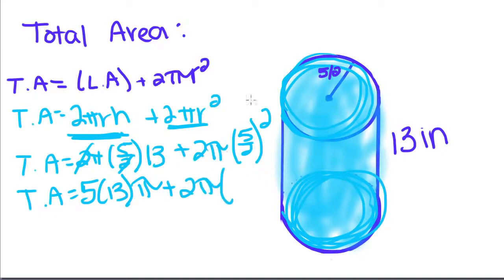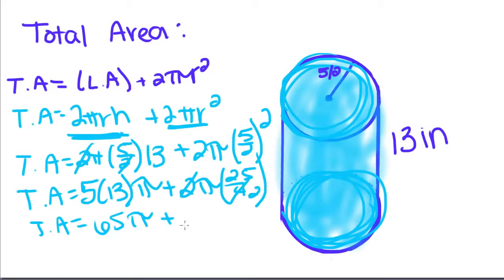If we square this fraction, remember we square the top and the bottom, so we get 25 over 4. So 5 times 13 is 65 pi, plus, if we cancel these, we get plus